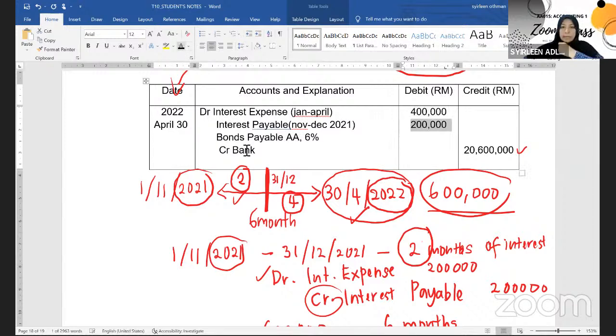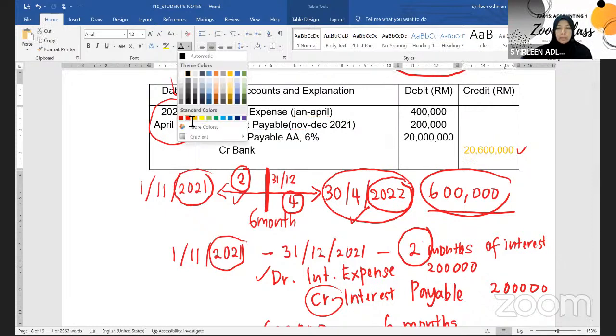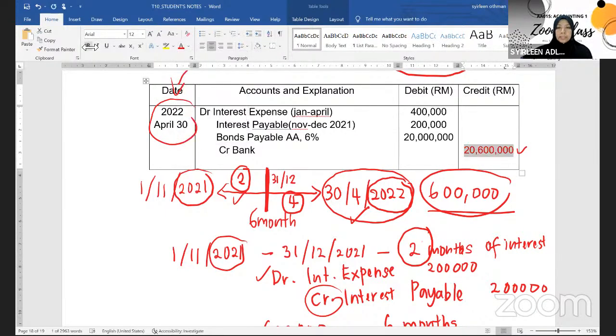Okay, and the principal that I am going to redeem ataupun to disburse ialah 20 million. Okay, so how much you are supposed to pay bila kita surrender the bond AA on the maturity date. Maturity date ialah tarikh ini. Okay, so I am supposed to pay 20 million and 600,000. Okay, the amount here is taken from